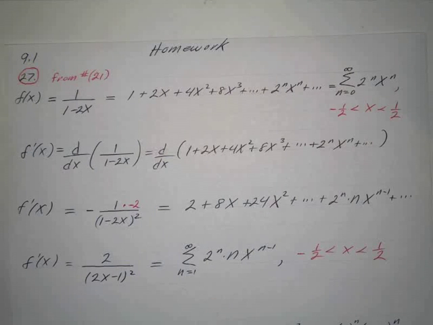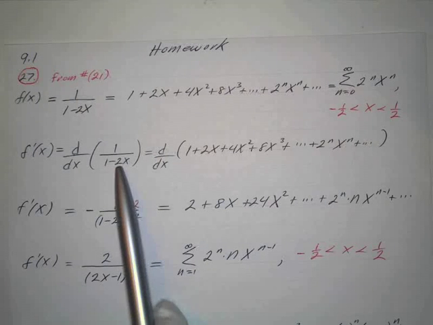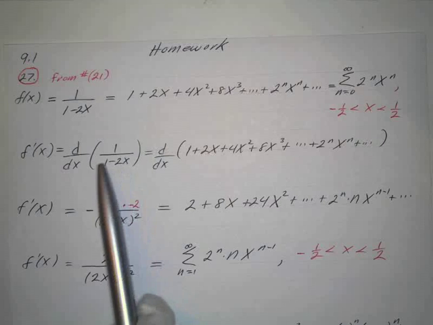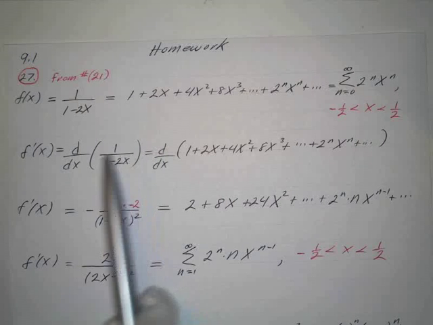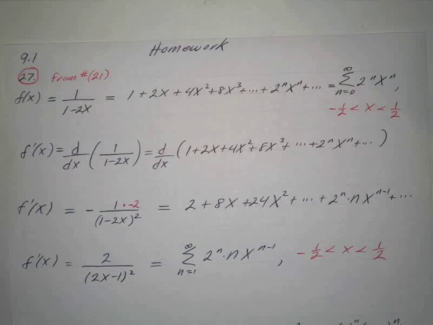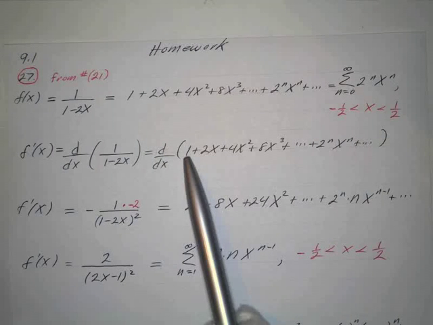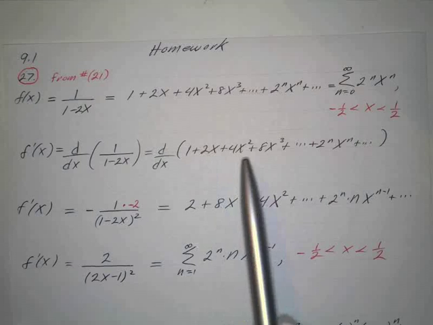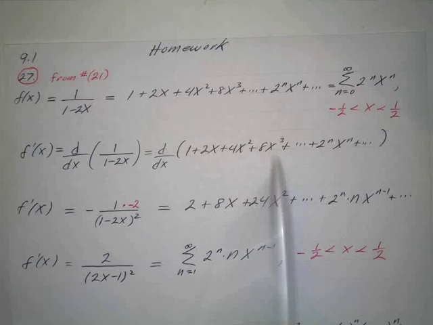Now, if we take the derivative of this, we can use the derivative of 1 over x is negative 1 over x squared, except we have a chain rule here. The x is going to be 1 minus 2x, so I've got to take the derivative of that, which is negative 2. So keep that in mind. We apply the chain rule, so all we do is take the derivative of both sides. If I take the derivative of this, it's 0. If I take the derivative of that, it's 2. And then that's 8x, then